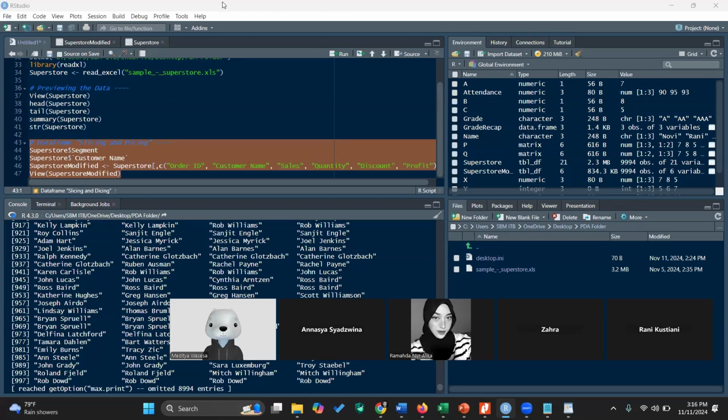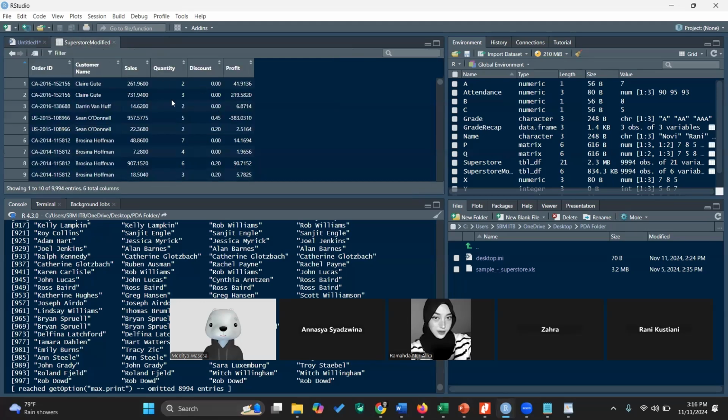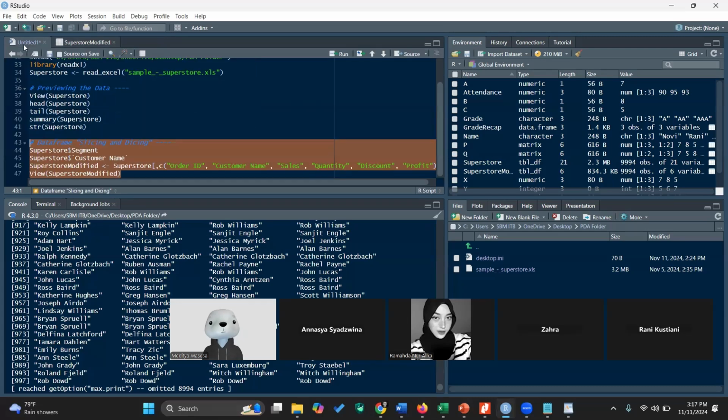So I have a data frame of Superstore modified, but I will only, for example, only include the rows where the sales or the profit that is above, let's say 200. Yeah. So how to do it?